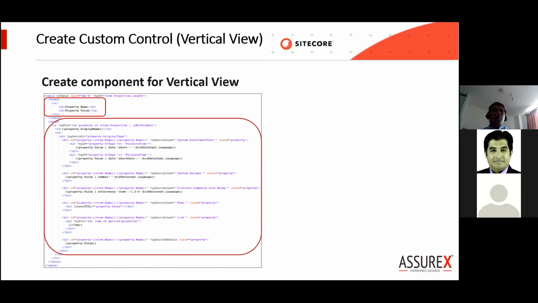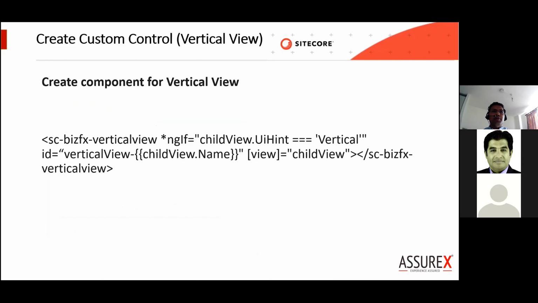Now, we saw earlier that the commerce view service will feed in the data, and in the entity view we saw those properties like organization name, country, etc. That data will be fed into the UI, and there is an ng for, a loop, which will loop through those properties and render the property name and the value in your component. So this is the HTML file where we update what we need to render as a part of the component.